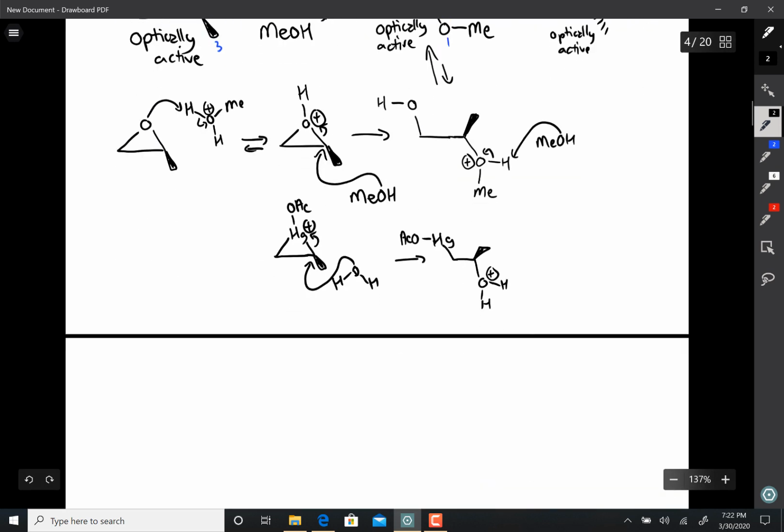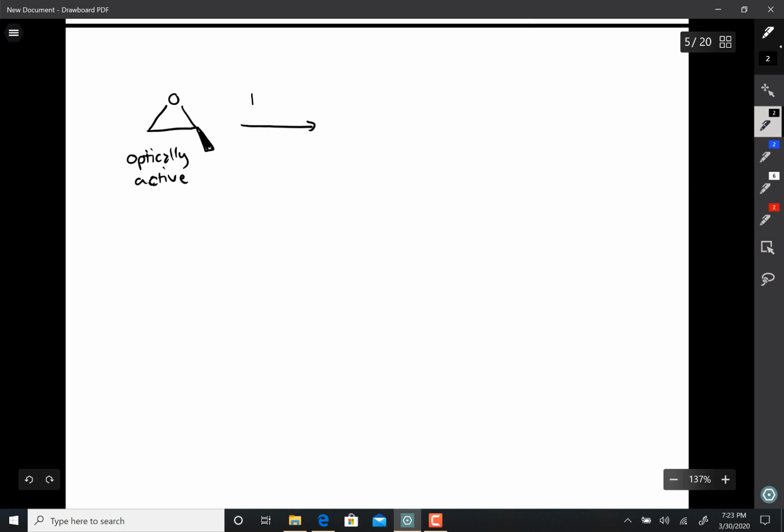Okay, now go ahead and draw out the products, what you'd get if you were to take this epoxide and react it with sodium hydroxide and water. What do you get? And take the same optically active epoxide and treat it with